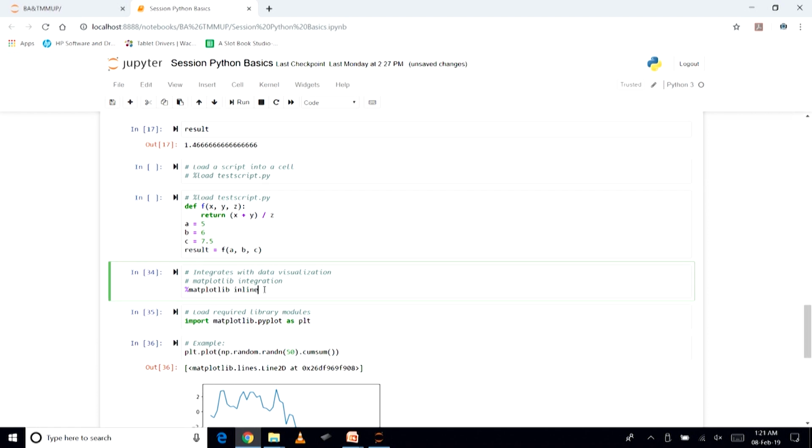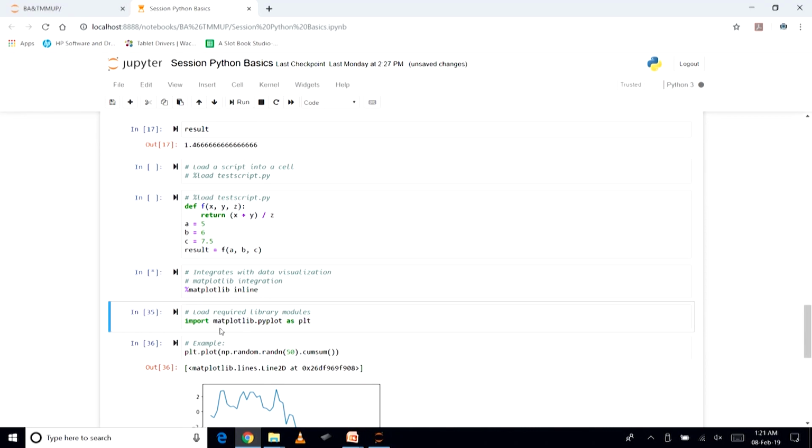So let us execute this. Once we run this, another thing we can do is that within that module there are going to be different modules as well, so that we can import, for example, matplotlib.pyplot. We can import it with a different name, plt. So let us run this one also.